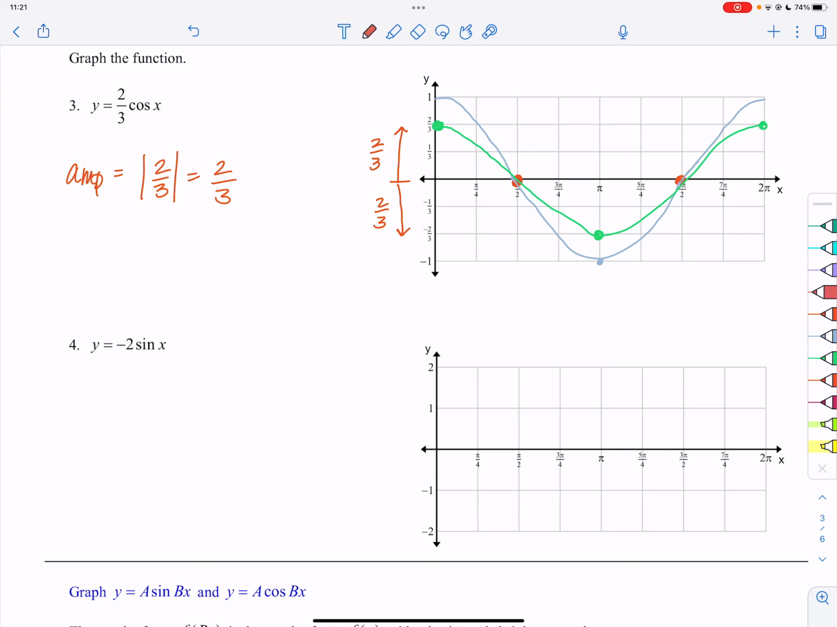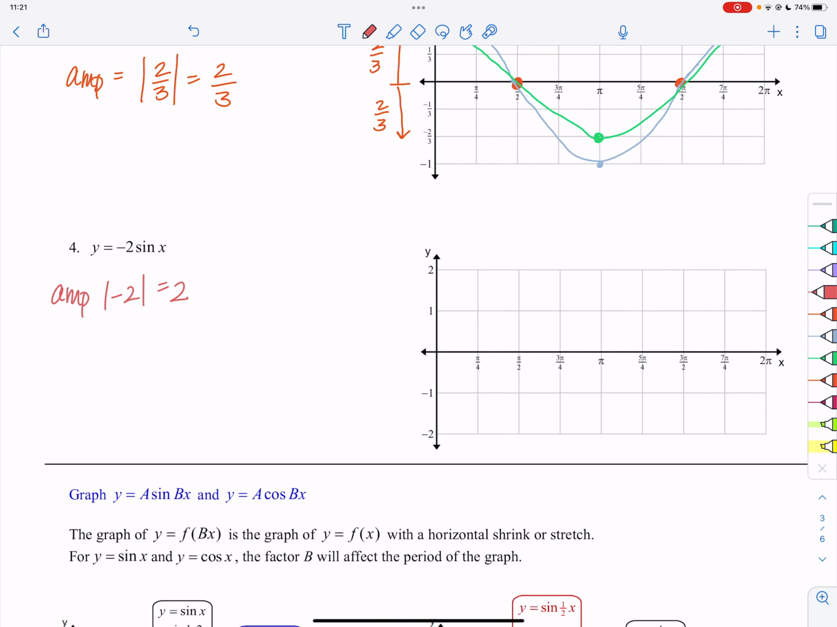So we have an amplitude of the absolute value of -2, which is 2, but we now also have this negative. So we will have a reflection across the x-axis. Okay, so let's go ahead and sketch our original sine of x function, and keep in mind